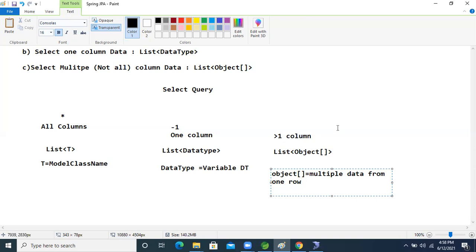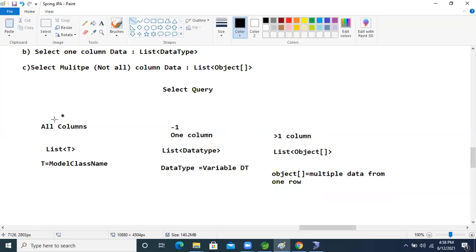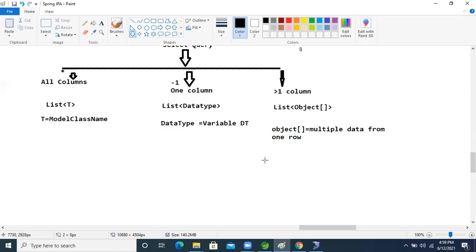Okay, guys, this is the structure, and this is the operation we are going to perform. These are the three ways to perform a select operation now. Okay, so now let's understand. Based on that, you people will get a clear picture. I'm going to give the conclusion about this diagram now, guys. Concentrate on that.